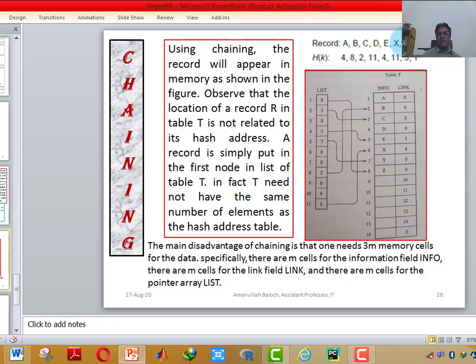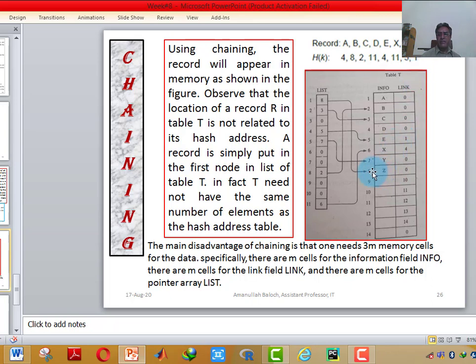Similarly, Y is the 7th record. It will be stored at index 7, but at its hash address this 7 will be stored. Hash address is 5. At location 5, 7 is stored. The next record is Z. Z is the 8th record, so at index 8 Z will be stored, but the hash address of Z is 1.